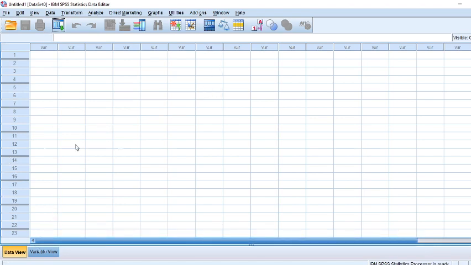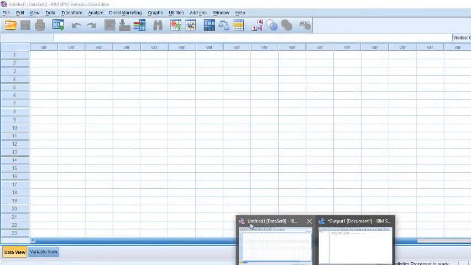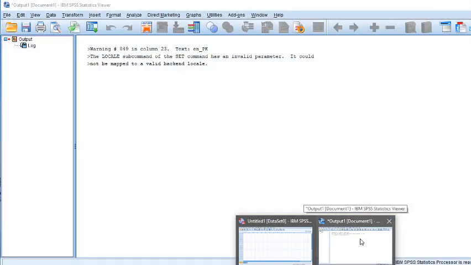This is said to be the data window. Then you will see another window. You can see "Untitled". It is untitled because I have not saved it yet, but once you save it, it will be under your name. This window is the data sheet or data window. This is the output window. The commands you process and the results will come in this window.